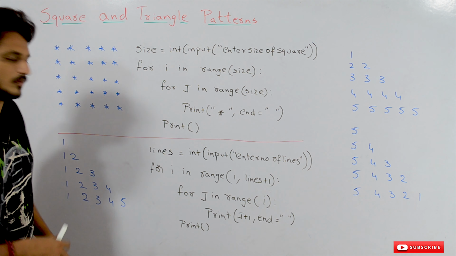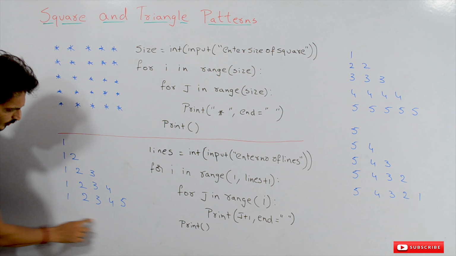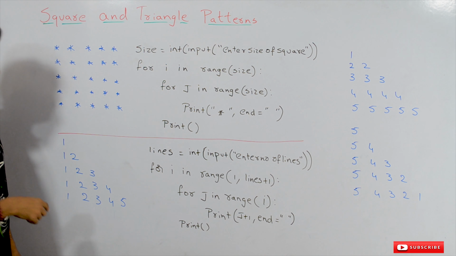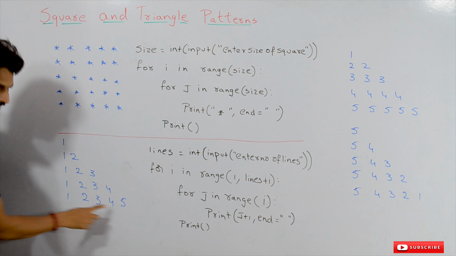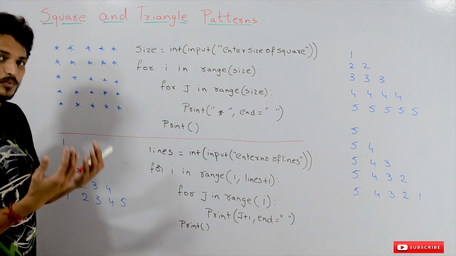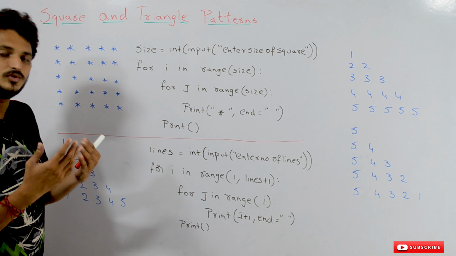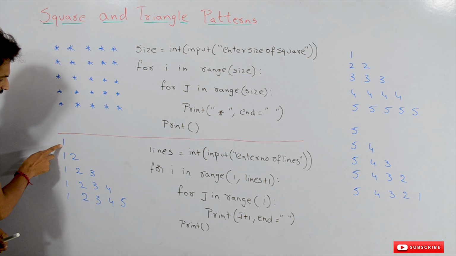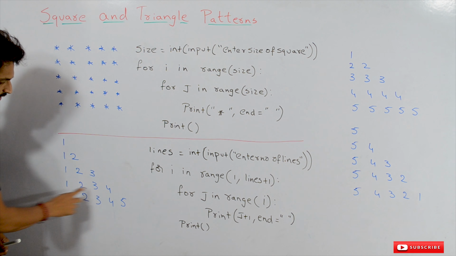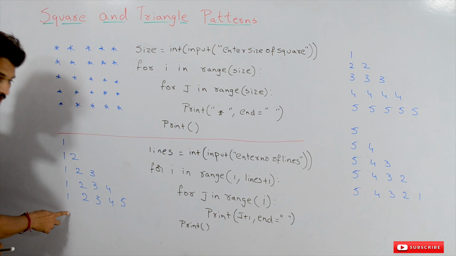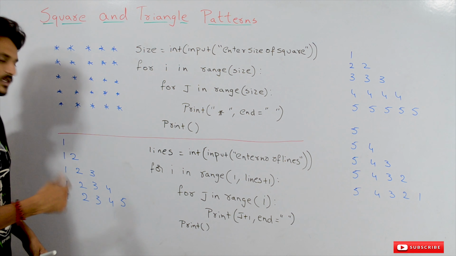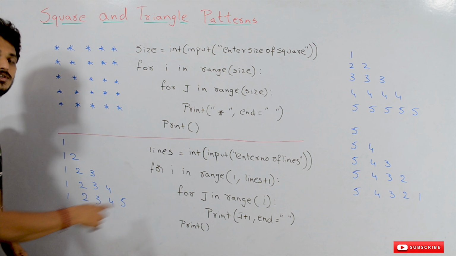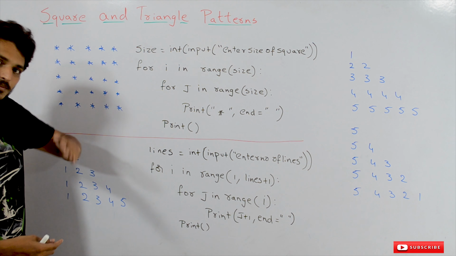Coming to our next problem, next question, so we call this a square pattern, and this we call triangle patterns. So we have to display numbers like this. We have to take input from the user. If the user gives the number of lines as 5, we have to display 1; 1 2; 1 2 3; 1 2 3 4; 1 2 3 4 5. If he has given 6, it means 1; 1 2; 1 2 3; 1 2 3 4; 1 2 3 4 5; 1 2 3 4 5 6. Like that we have to display a triangle pattern.